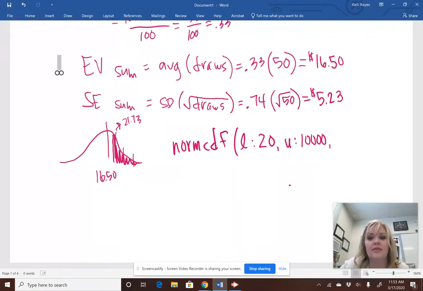And then our mean is our expected value, which is 16.5, and our SD is our SE, which is 5.23. All right, so when we plug that in,